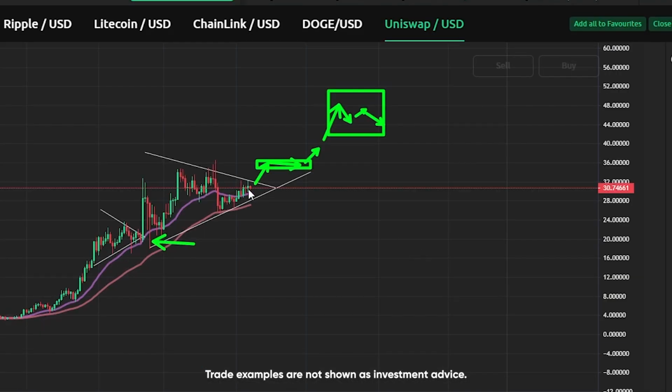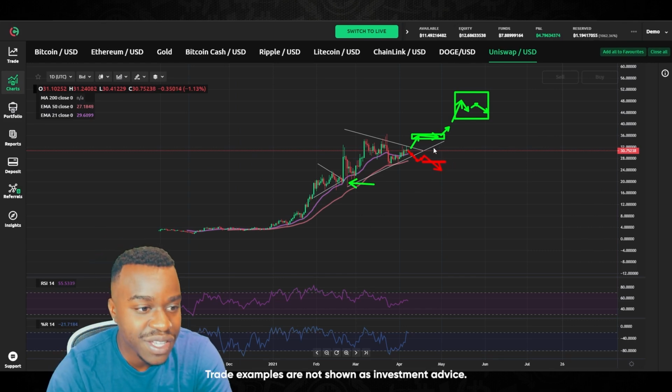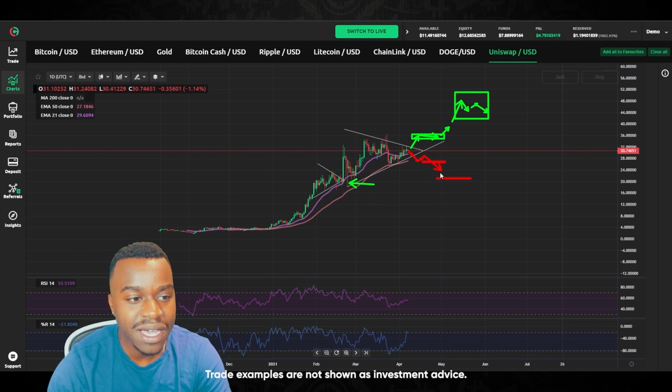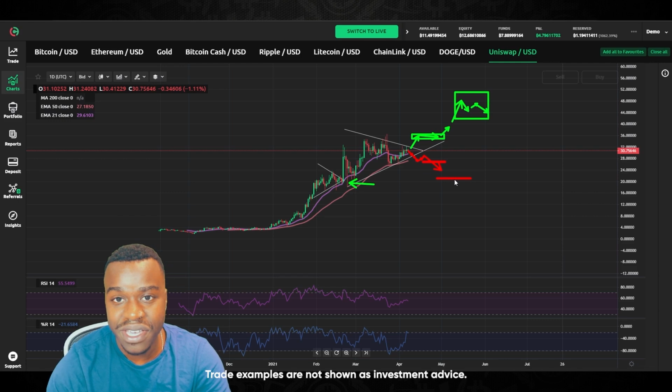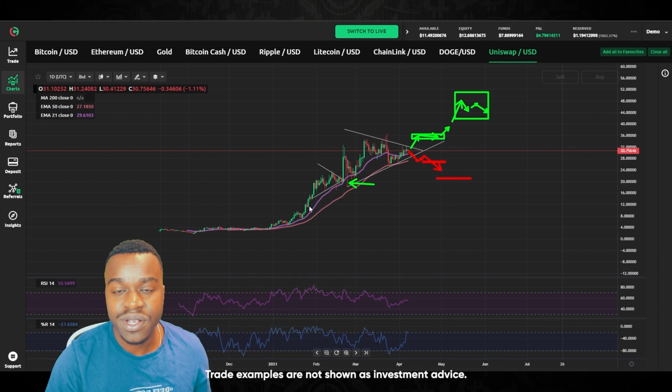But if things do go down, then I see us breaking down, going to test that 50-day moving average, lower high, back down. And then my price targets for that, first one is this 50-day moving average. We did touch it just a few days ago, so it's not that far. It's in that high $20 range, but that's the first bearish target. And then my next bearish target, like I mentioned a few times in this video, is in that low $20 range. But I will continue to see both as buy the dip opportunities unless something major changes in crypto right now, because as we can see, the trend is upwards. Bitcoin is in an upwards trend, and so is Ethereum.